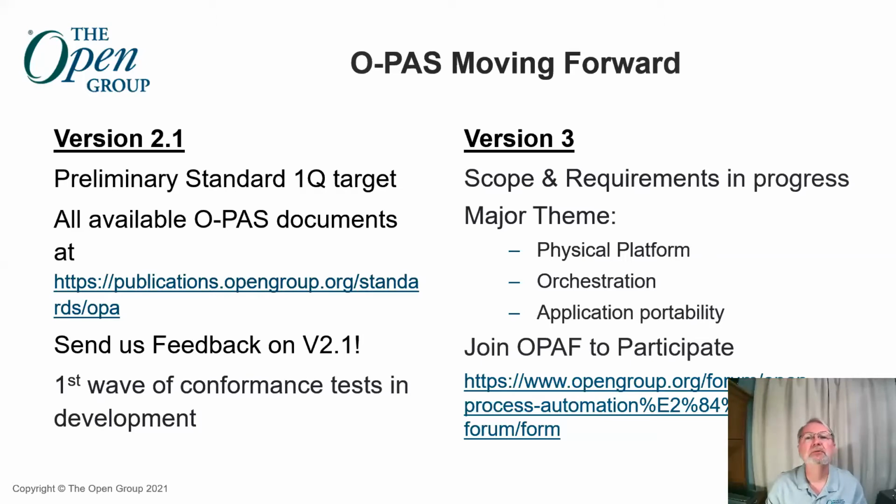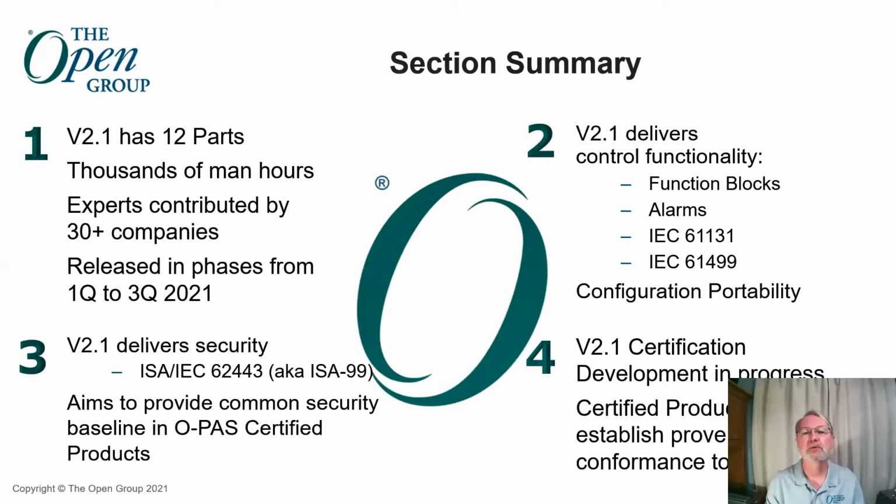The URL here will give you information on how to do that. In summary, OPAF version 2.1 has 12 parts. Thousands of man-hours of expert knowledge has gone into this. People from 30 plus companies have contributed. It will be released over the next few weeks, with the remainder of the parts coming out in the second